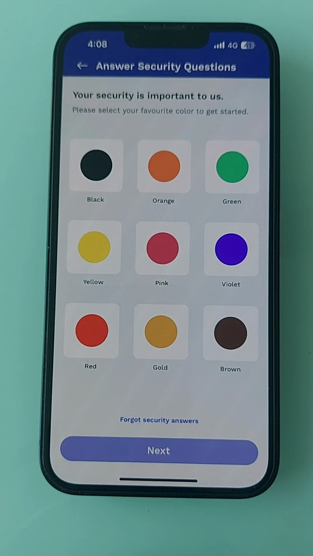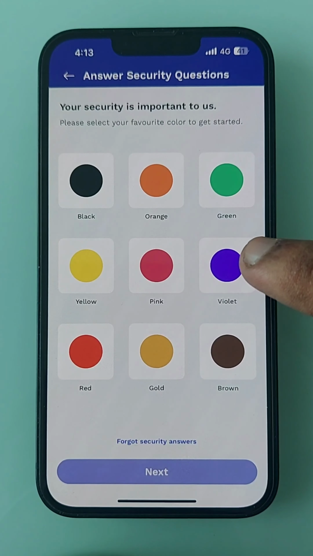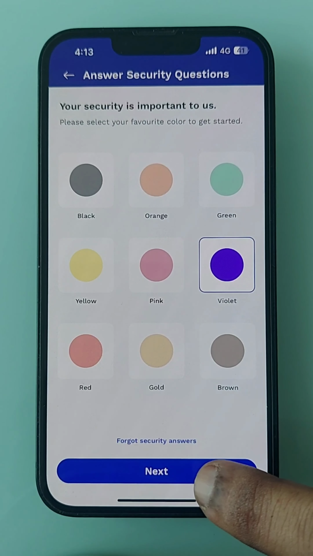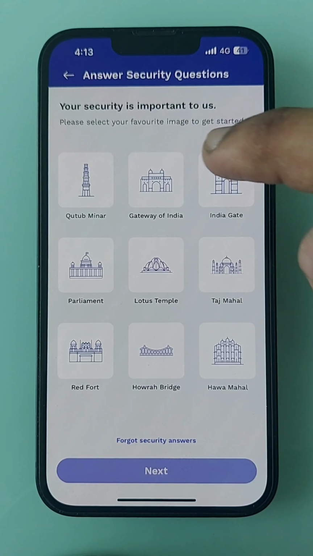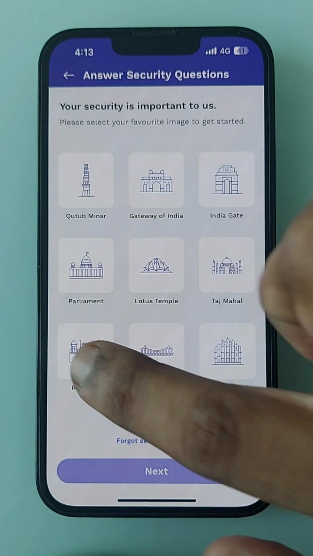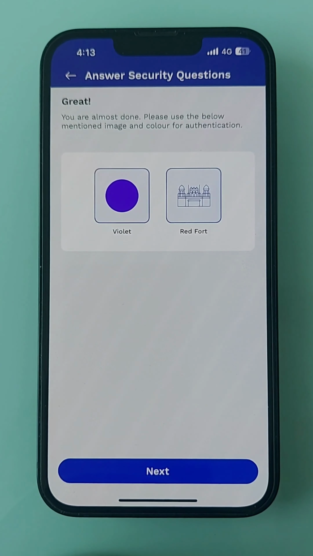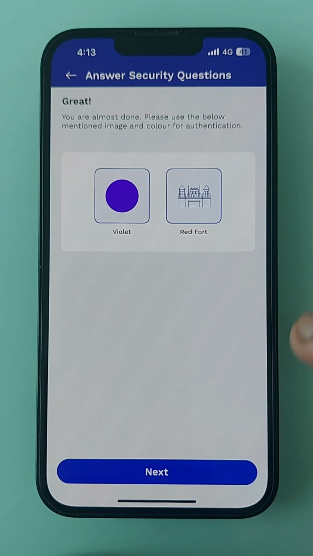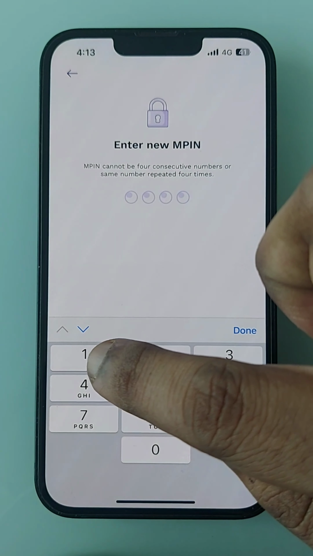Click on forgot MPIN. On the security question screen, customer will select the color which he had selected earlier. Click on next. And customer will select the monument which he had selected during setting the password. On selection of both the security questions, customer will be displayed a summary of the security questions he has selected. Post which customer will click on next, enter the new PIN,